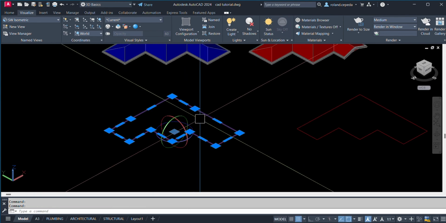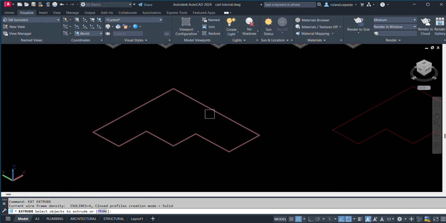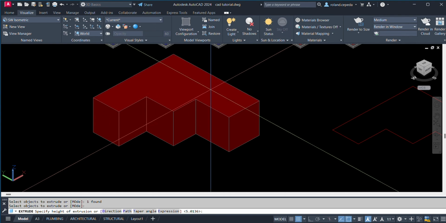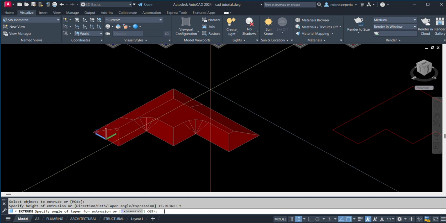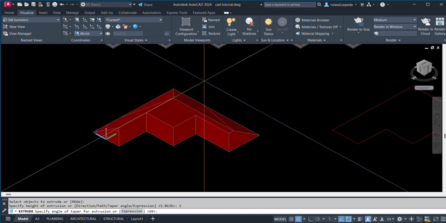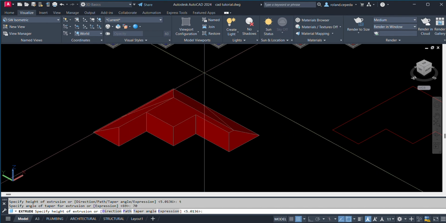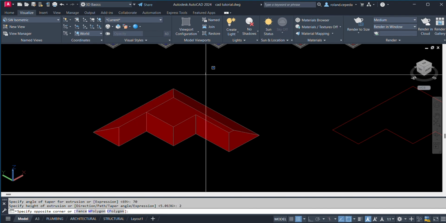I'm going to extrude this one, typing EXT for the extrude and then space, and then I will just type T for the tapering angle and then space, and I'll just input 70 for the angle, space, and then the distance I'm going to input 2 meters for the distance.